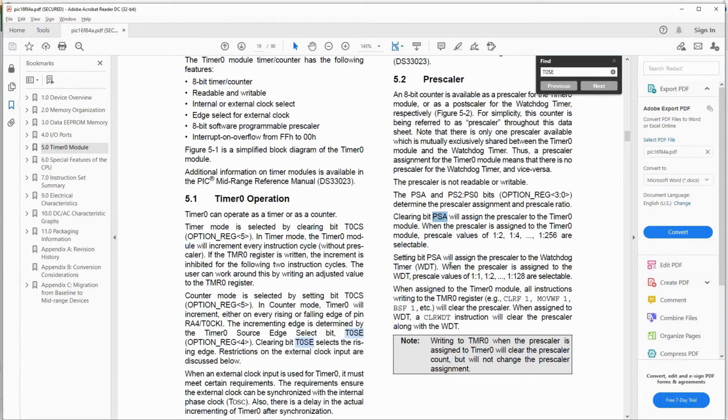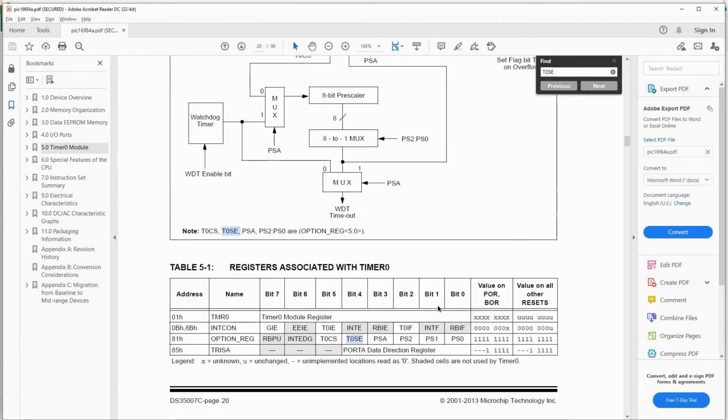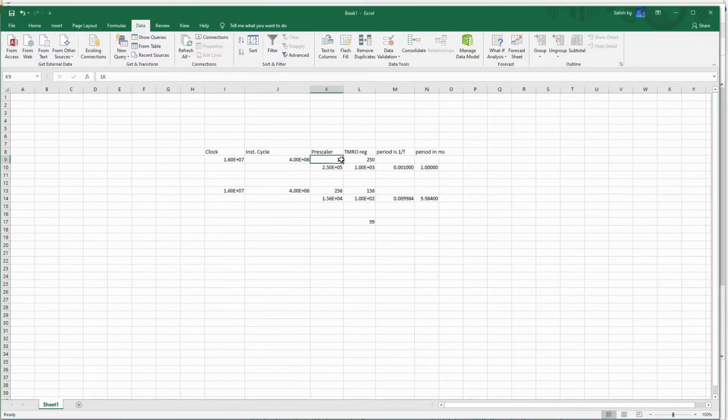Then it is our prescaler bits. So PS 0, 1, 2 we have to assign. I want 16.